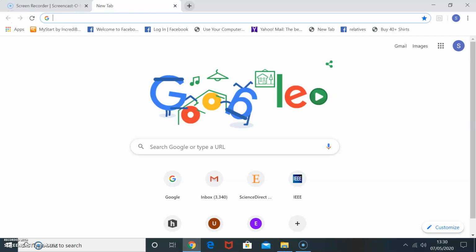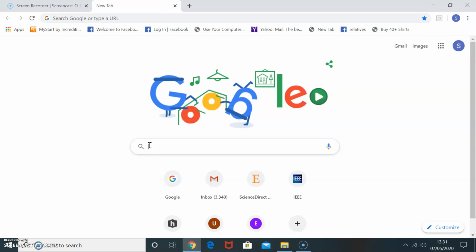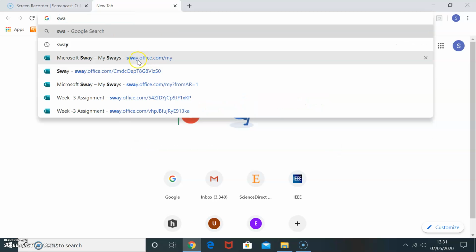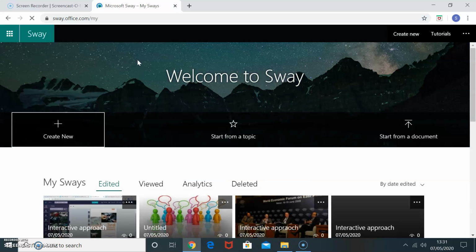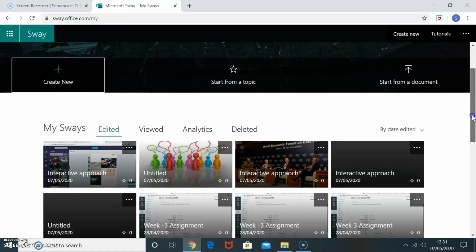So first I will go for Sway. For Sway, one important thing you must have is a Microsoft account. You have to create a Microsoft account. I have already created mine and I am logged in. If you could see, many options are given.